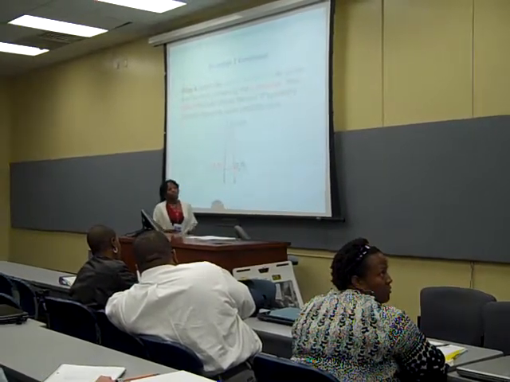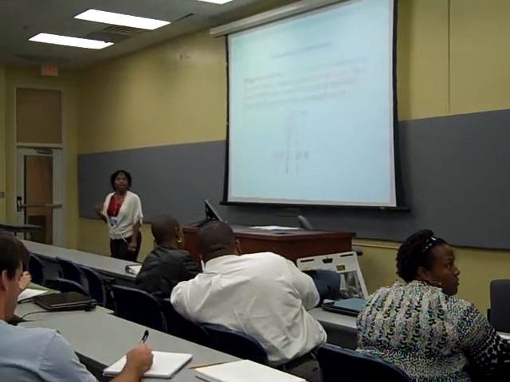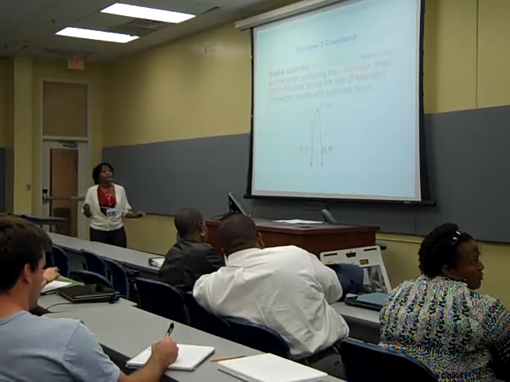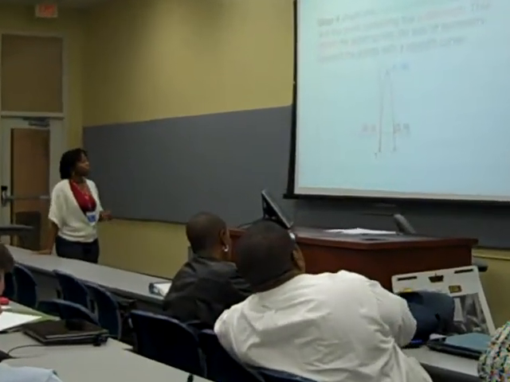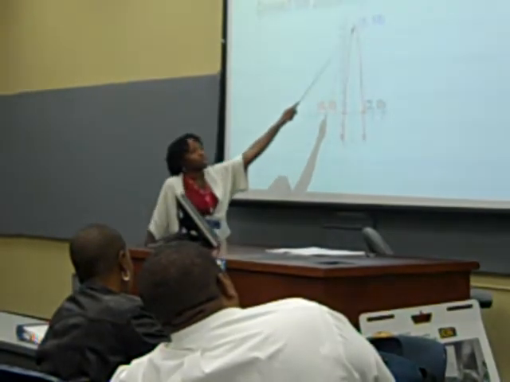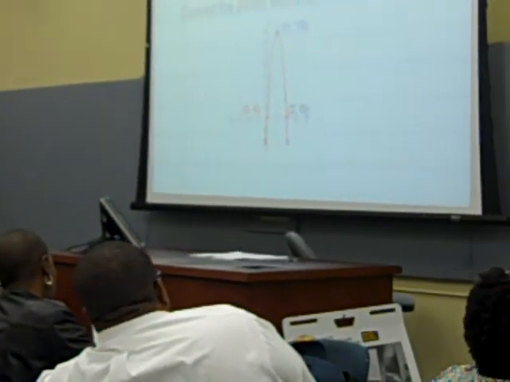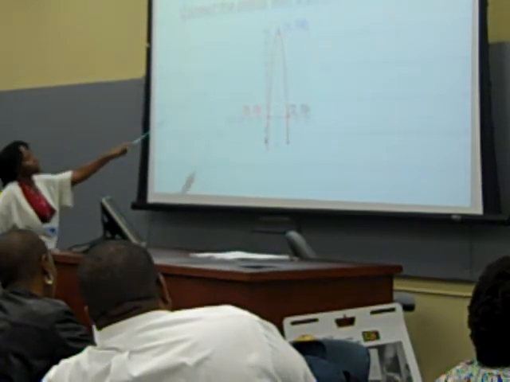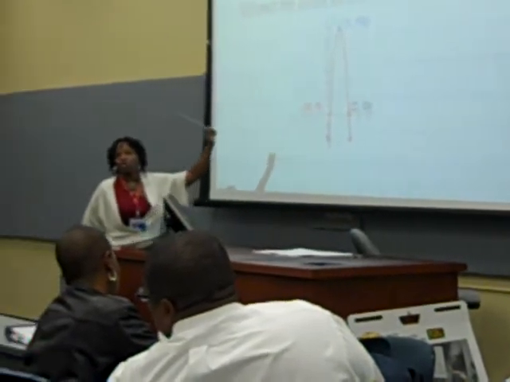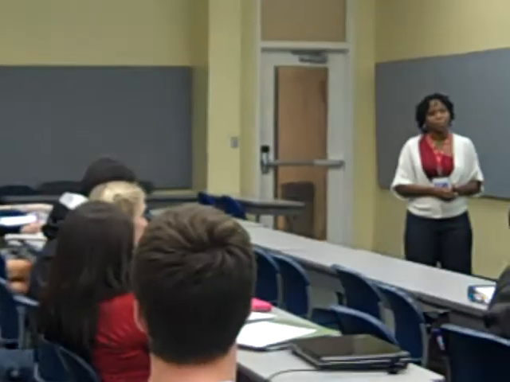Now, it says graph the axis of symmetry, the vertex and the point containing the y-intercept, then reflect the point across the axis of symmetry. Connect the points with a smooth curve. Now, can somebody tell me, what does this point here represent as it relates to our basketball problem? Maximum height. Okay, so can you tell me in words what these numbers mean here? After 1 second the ball is at maximum height, that's 16